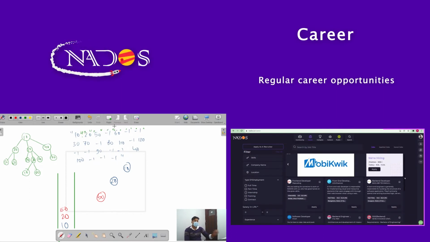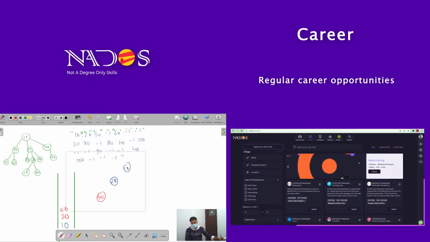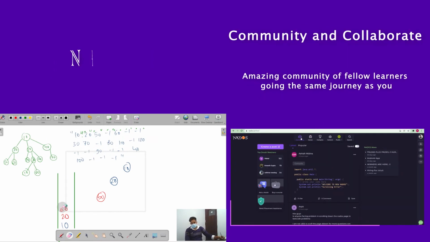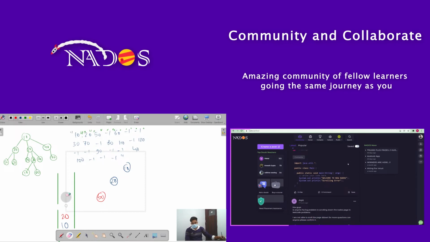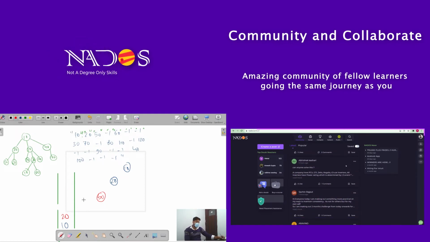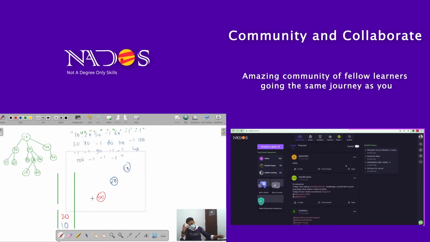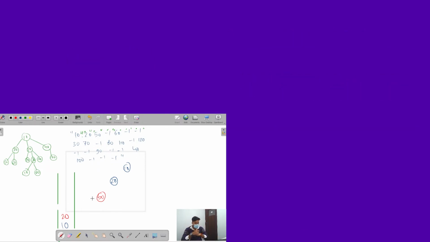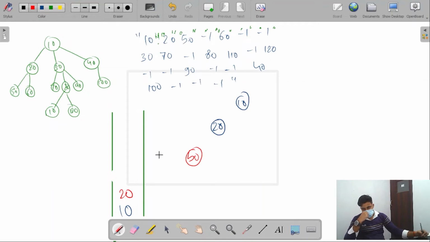The moment I get this -1, what I'll do, as I explained, I just remove the top of the stack. I have removed it, and after removing, I will update the removed node's link with the current top of the stack. That is, I update this 50's link with this 20. Why am I updating it? Because this 50 is a child node and its parent is residing at the top of the stack.